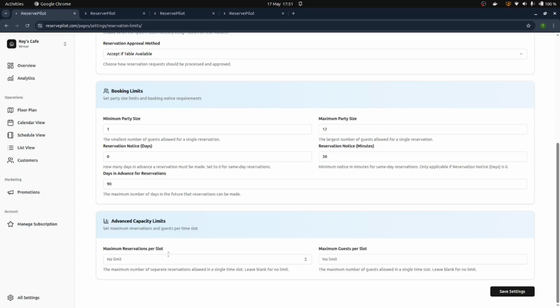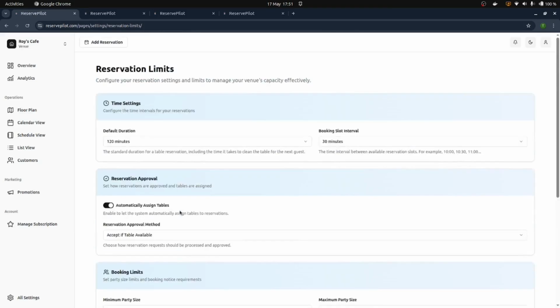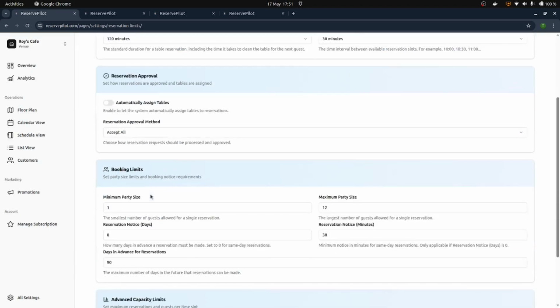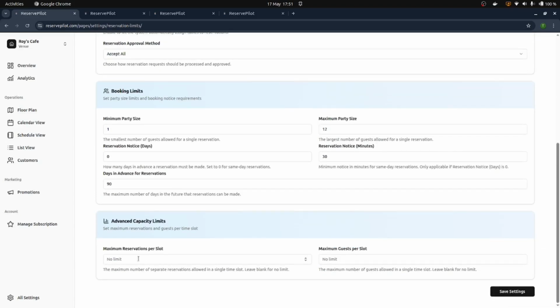Then we have this advanced capacity limits. Now I just recommend setting this to no limit, but this is up to you. This is actually better for venues who are using ReservePilot without defining their tables. So let's say we weren't going to define our table. Let's say we were going to do accept all here and not assign anything to tables. Then in order to decrease the chance that we're going to have overcapacity or overbooking, we'd say per slot we